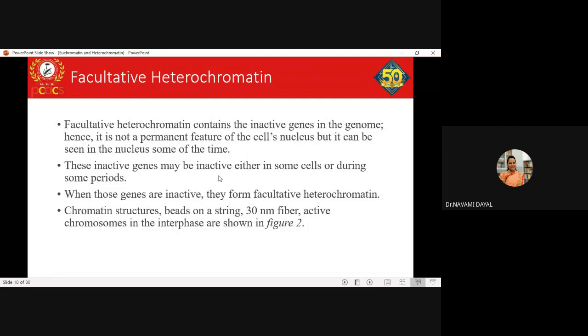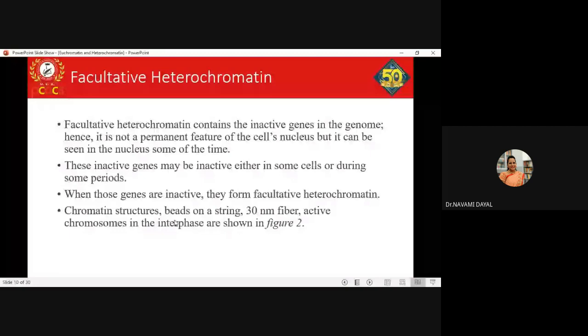Also, when all of the cells contain the same DNA, the same genetic material, why do the cells behave differently? It is all about gene regulation. Gene regulation may be turned on for certain genes in some cells, whereas for the same genes it may be turned off in other cells. Such regions in the chromosomes are called facultative heterochromatin. When those genes are inactive, they form facultative heterochromatin, and chromatin structures